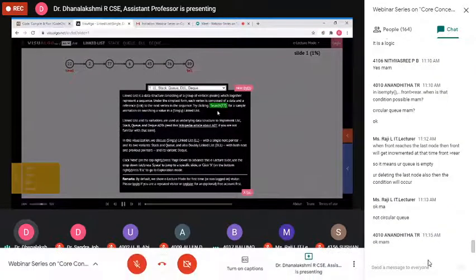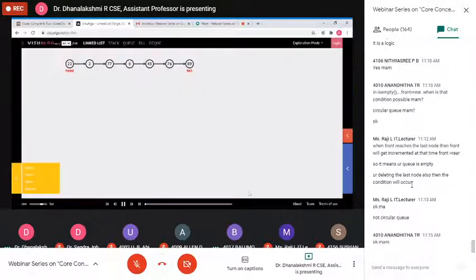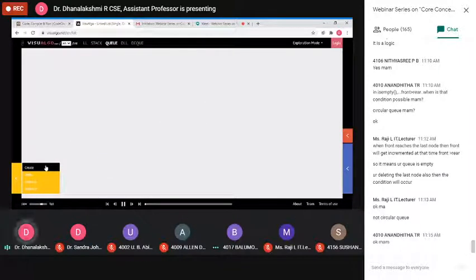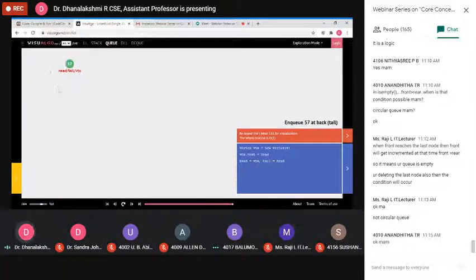Now this is an animation demo for this queue. This is my queue. First we have to consider an empty queue. What is my first operation? NQ. See, listen, the keywords are here: NQ, DQ. So first NQ. I'm going to insert the data 57. 57 is inserted. This is the very first time, so head and tail point to the same node. Next, once again, perform the NQ operation.